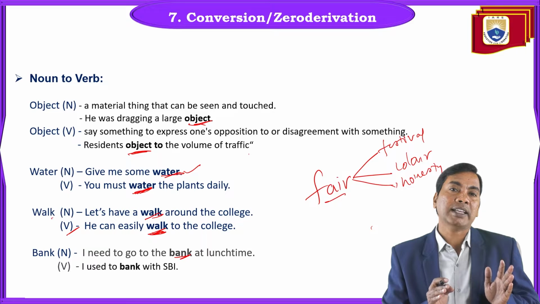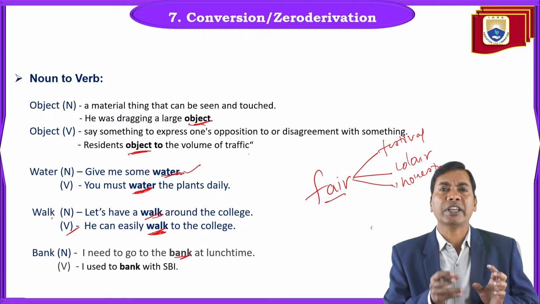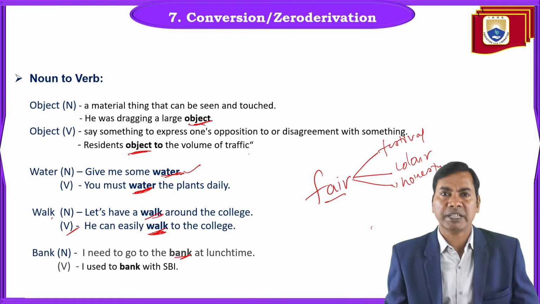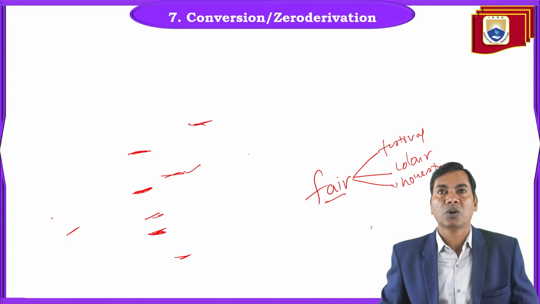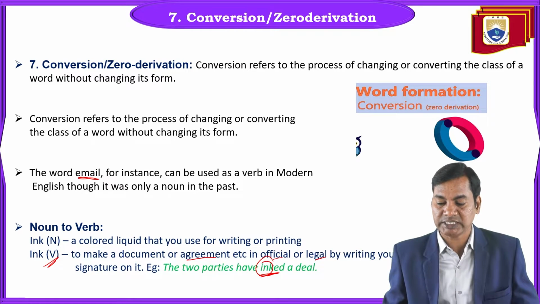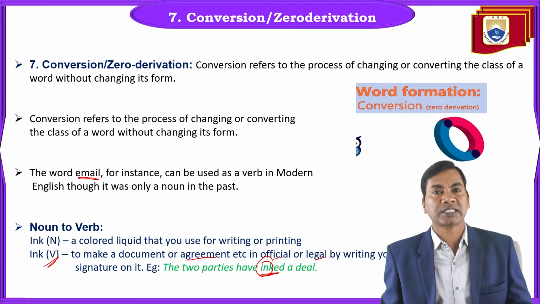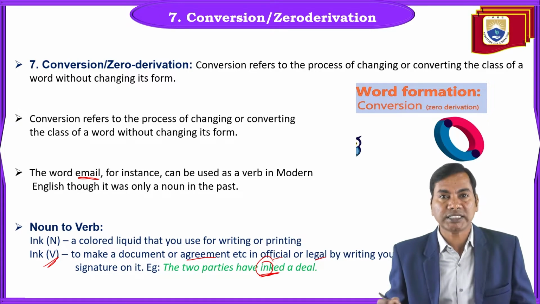No deletion. We don't do anything. We take the word as it is and use it with different meaning. This is what is called zero derivation or conversion. So conversion refers to the process of changing or converting the class of a word without changing its form. Form won't be changed. Structure won't be changed. Spelling won't be changed. The only change is in meaning. That is what is called